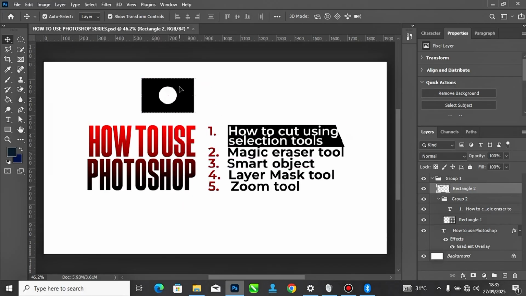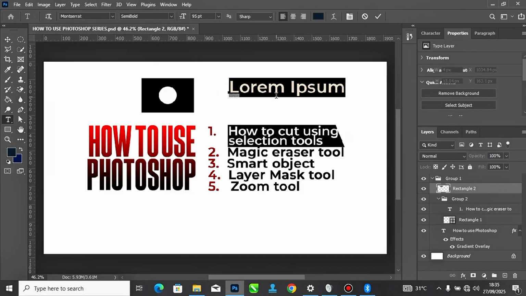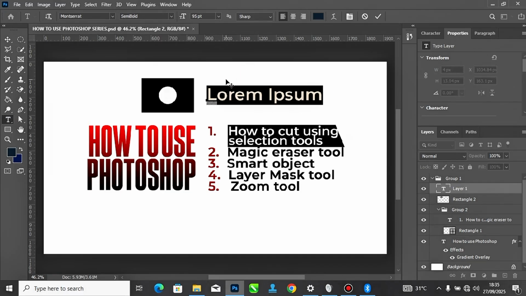Okay, so that's it for shapes. So what if it's a text that we want to cut? I'm going to type a text. Go to my text tool, click on it to activate it, and click inside the canvas to start typing. So let me say